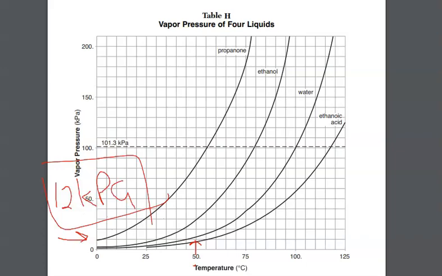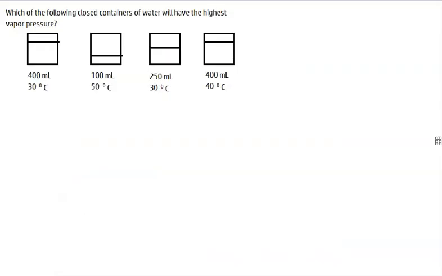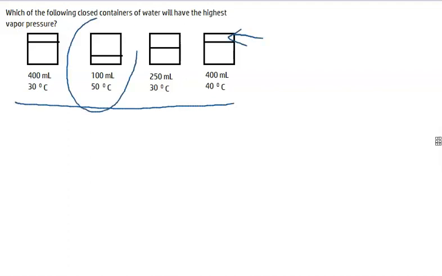One more question to go over. All right, for this last question, you have 4 closed containers, and you're asked which will have the highest vapor pressure. You'll notice there are different levels of the water, and you're also given different temperatures. It is right here. It's going to be the 100 milliliters in the container Y,